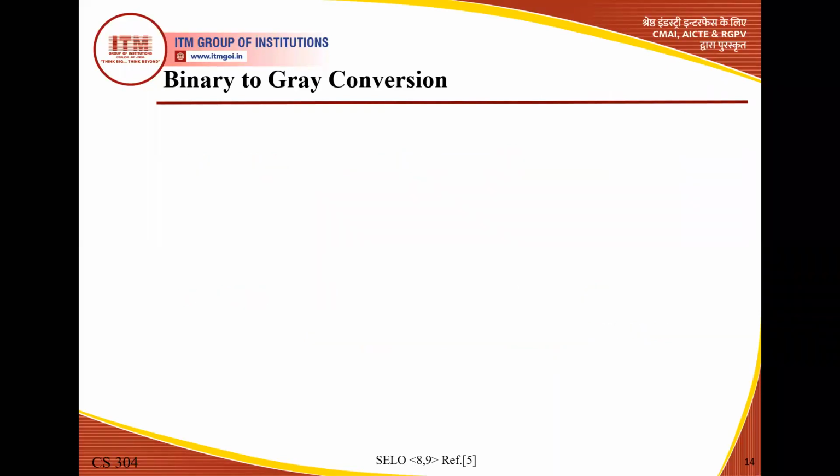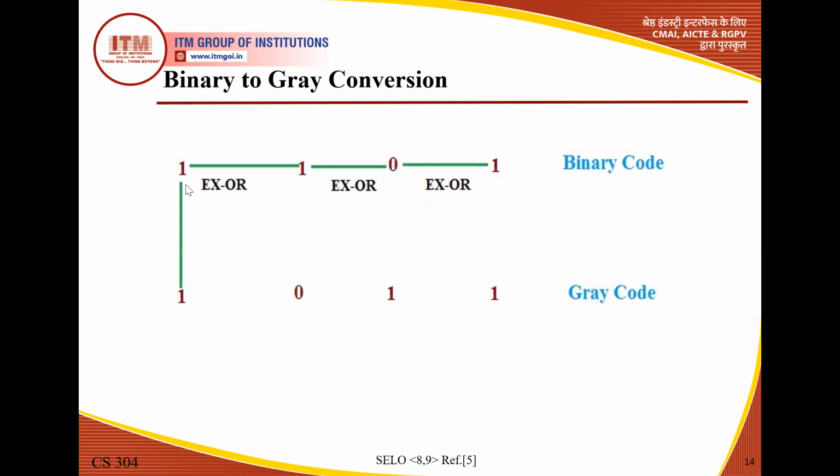Now we move to one example. Suppose that we have binary number 1100 and we want to convert it into gray code. So the MSB is replaced as it is. Suppose this is B3, this is B2, this is B1, this is B0. So B3 is replaced as it is, so 1 is replaced as this. This is G3, so B3 equals G3. Students concentrate here. This is B3, B2, B1, B0, and this is G3, G2, G1, G0. As we know that B3 equals G3, this 1 is replaced as it is.